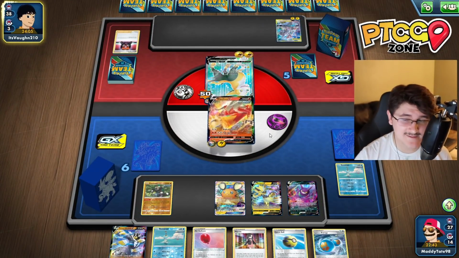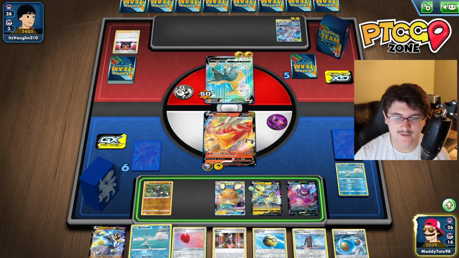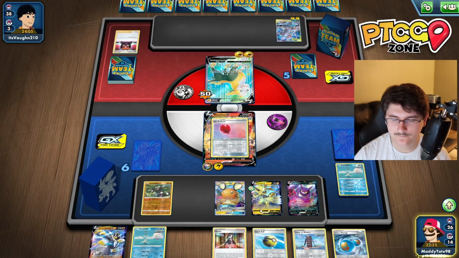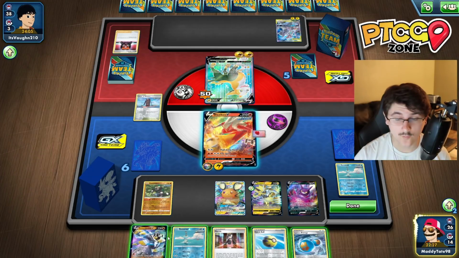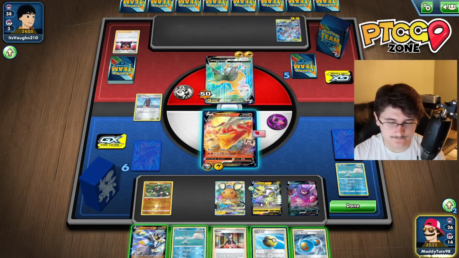But we're going to go back into the Blaziken. That awesome Blaziken that we love. And now I think what we want to do is let's attach Air Balloon to Blaziken. Our network pauses real quick. Okay, that was a little bit sketchy. We can go Tower of Waves there. Now I think what we want to do...